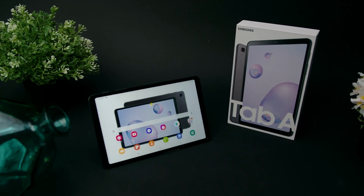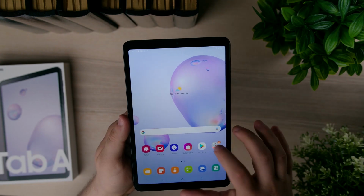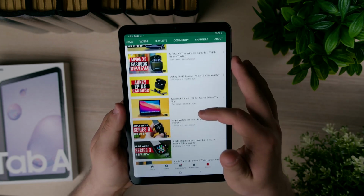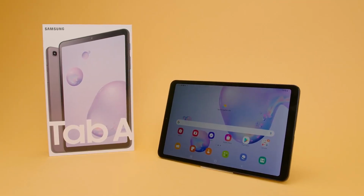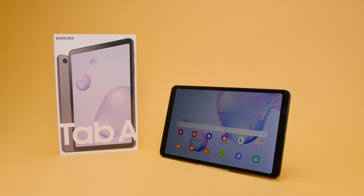Despite the dwindling Android tablet market, Samsung is no stranger when it comes to tablets. They've produced some great ones over the years, and for the most part, it looks like the new Tab A 8.4 can be added to that list, especially when it's priced at around $250 depending on your carrier. There's a lot to like about the new Tab A 8.4, from its speedy performance to its great HD resolution display,